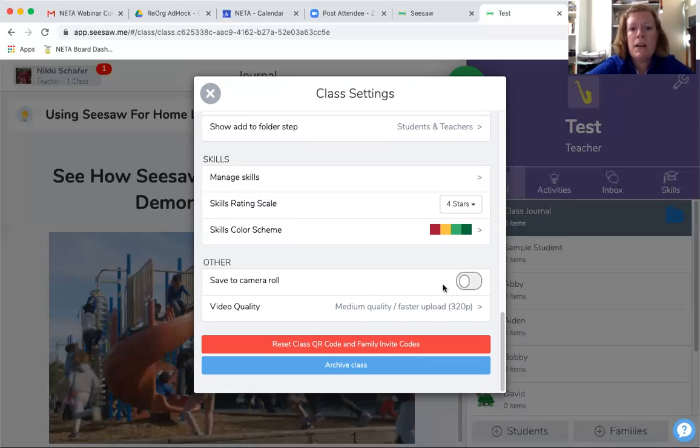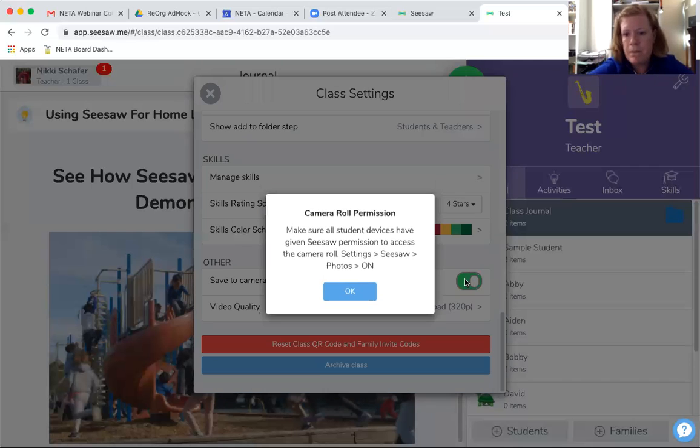So save to camera roll, this is just an option. And you can see right there, it's going to tell me, make sure that the student devices have given Seesaw permission to access the camera roll. So when the student devices try to log into Seesaw for the first time, they're going to have to give